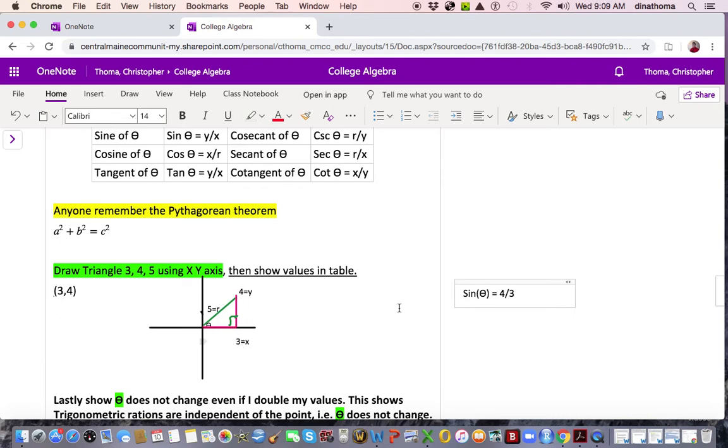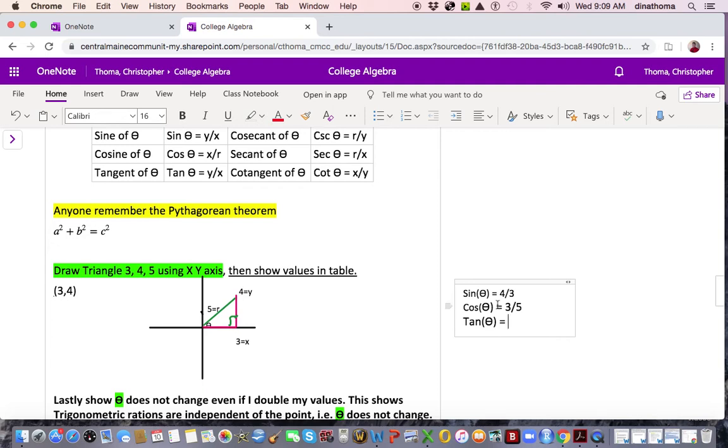Y over x, remember x is 3. If I want the cosine of theta, that equals x over r, so that is 3 over 5. And then lastly, if I want the tangent of theta, that equals y over,